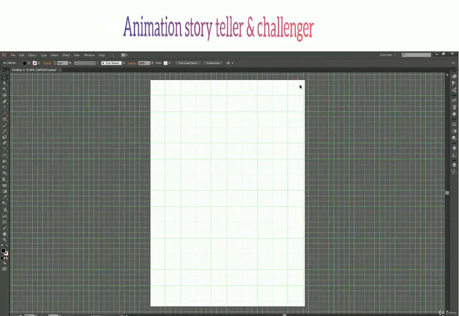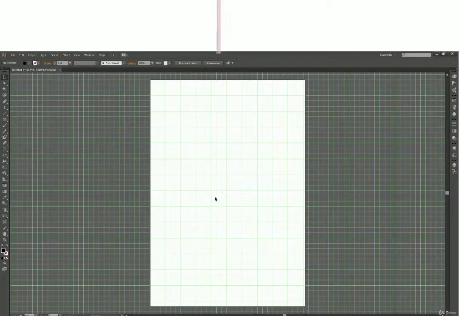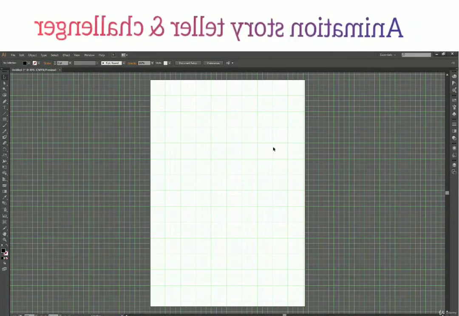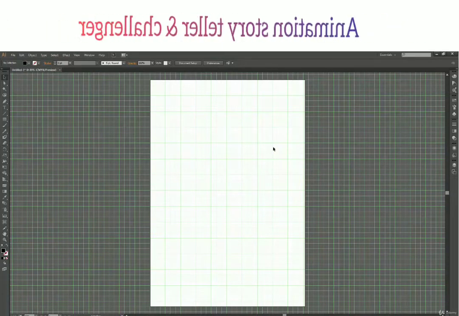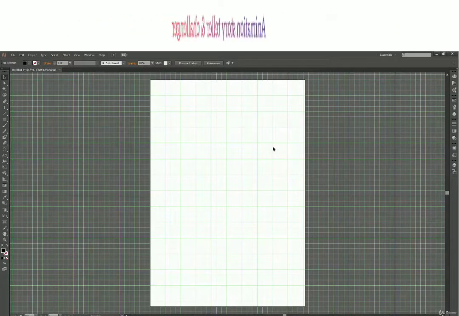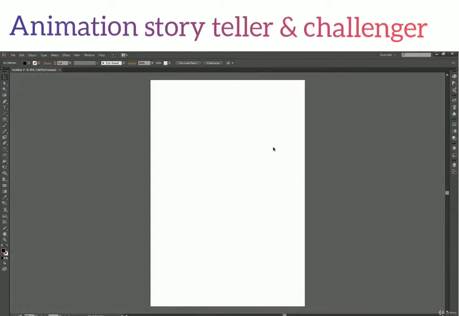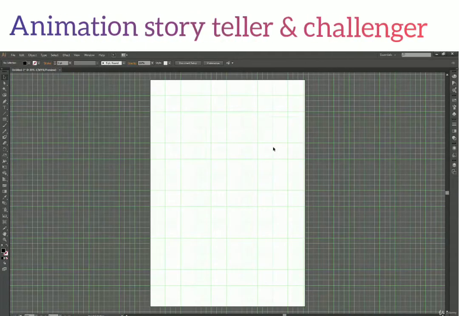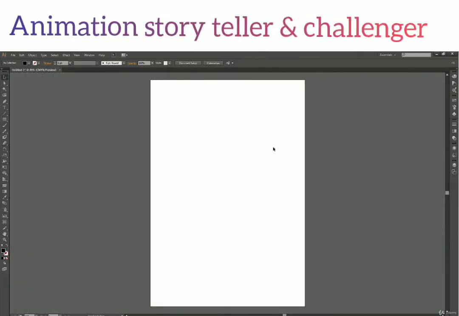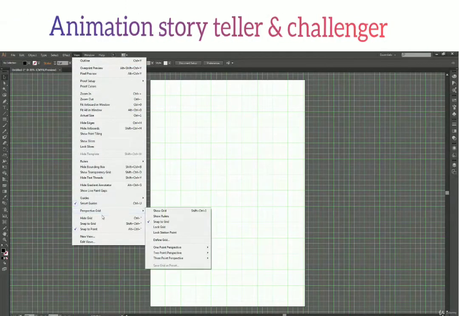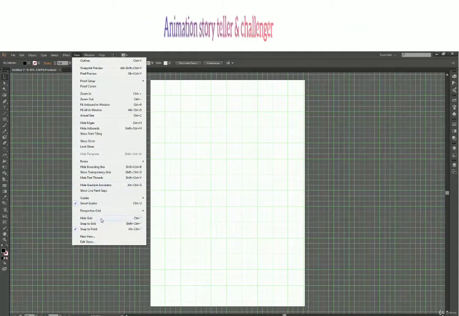Or you can have a margin around your document, or if you want to align a few things, then the grid is very helpful in that case. So the shortcut key again to show the grid on or off is Control and double quotes. It's like a toggle switch. When you press it once, it will show the grid, and when you press it again, the grid disappears. Or you can go to View from the menu bar and hide grid.